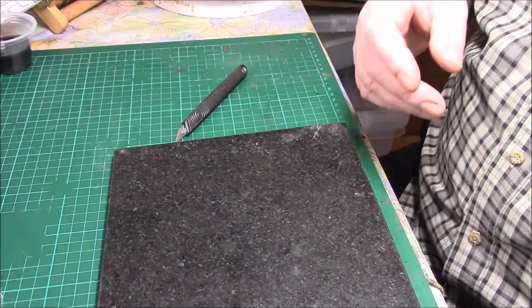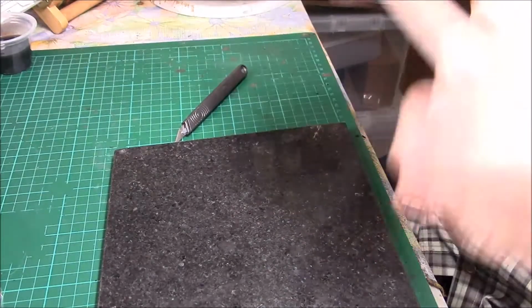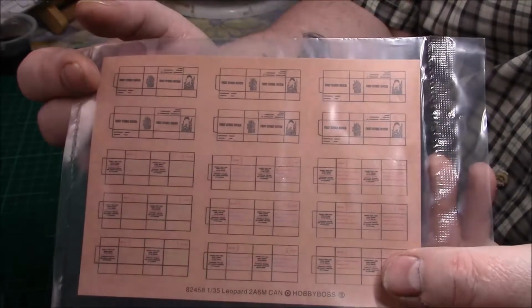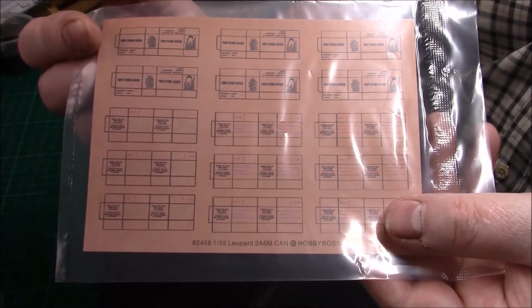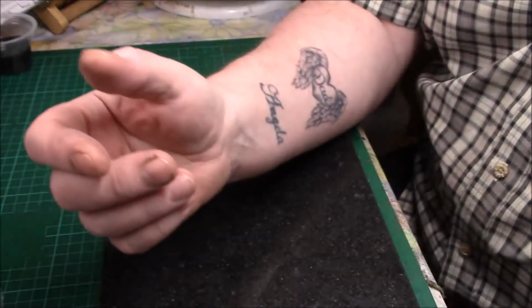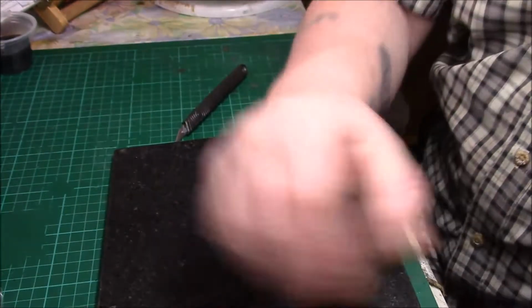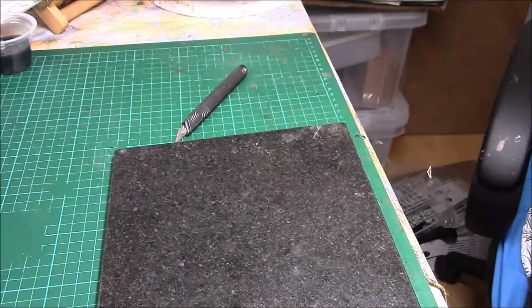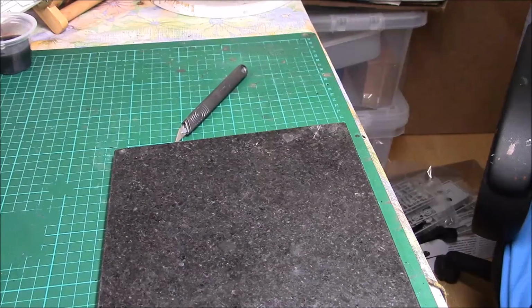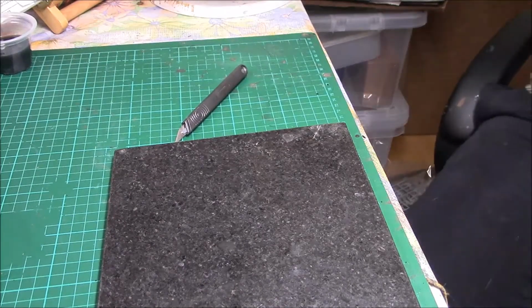Put that there, and last but not least, well, I've got the instructions. We have some ration packs. Boxes which will be folded up and used, which is a nice little touch to the kit. Never done them, so that's a first. Right, so that's all the plastic. Let me just pop that in there,